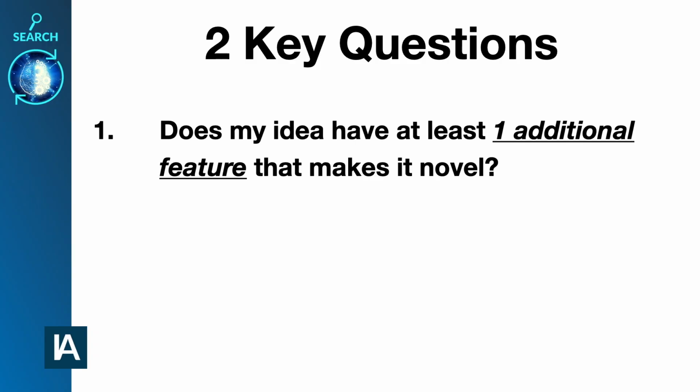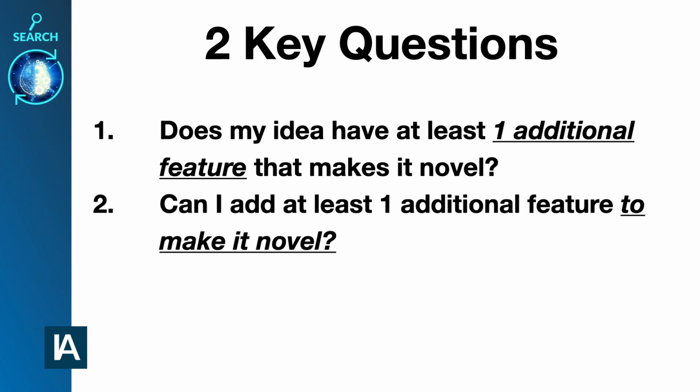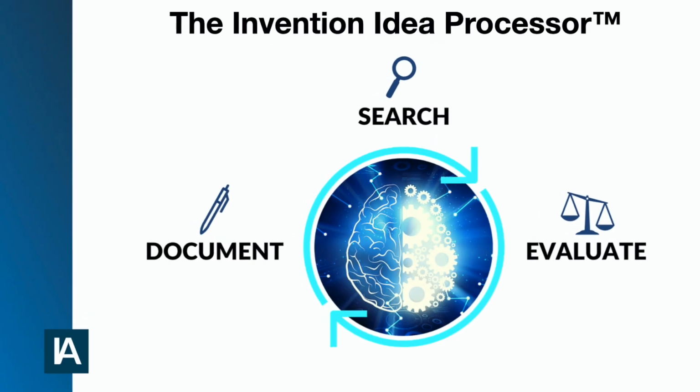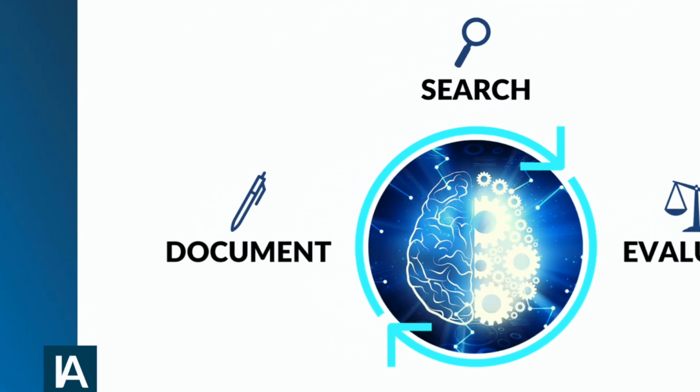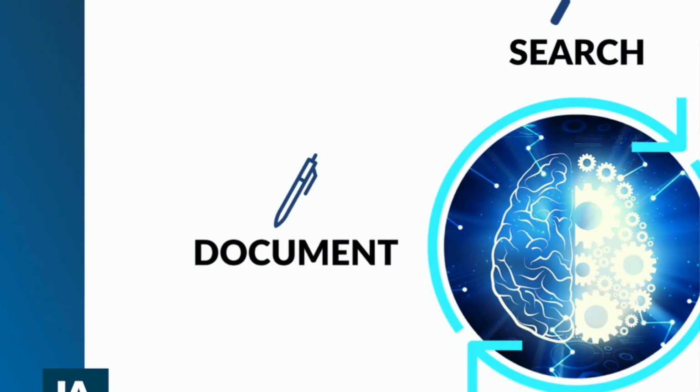If not, can you think of one or more useful features to add to your invention? You might not be able to answer this question immediately, so give yourself some time to work through this. The third component of the invention idea processor, document, will help you think about how you might add additional features to improve your idea. Even if you can't think of that additional feature right now, keep going through the invention idea processor because the exercises might help you uncover that one additional feature or help you pivot to create something